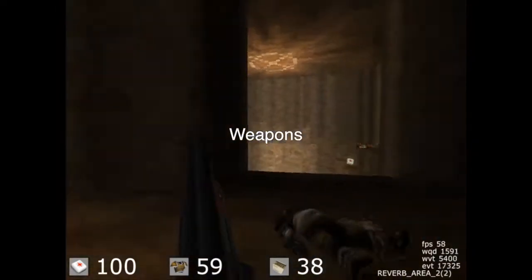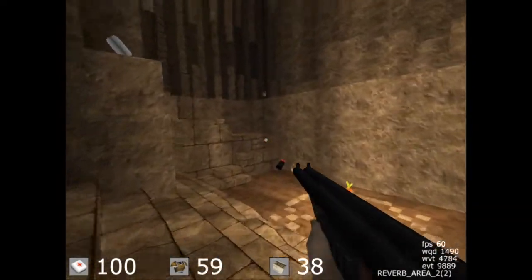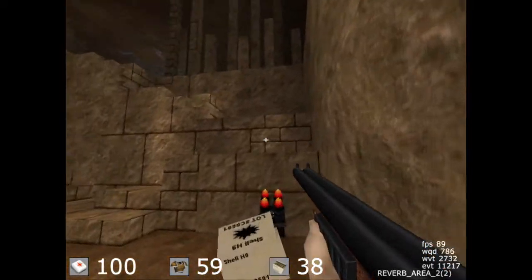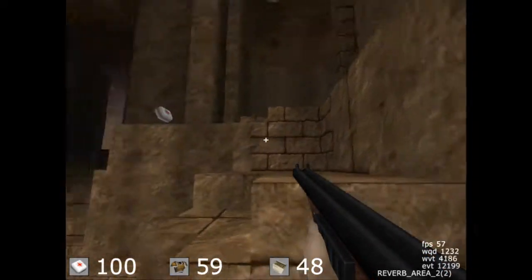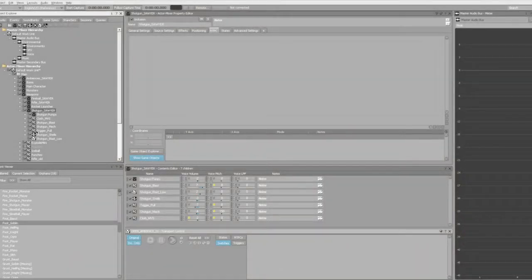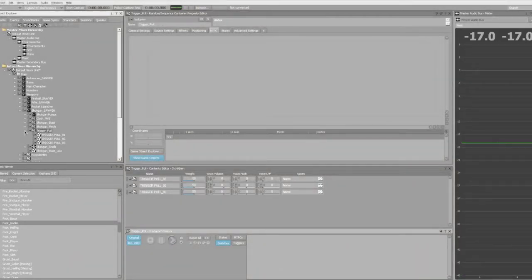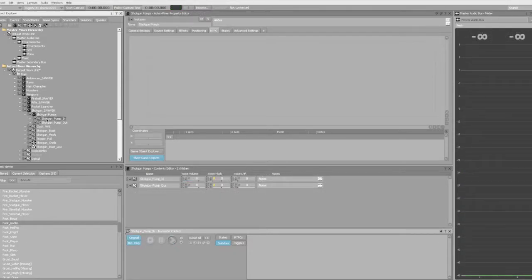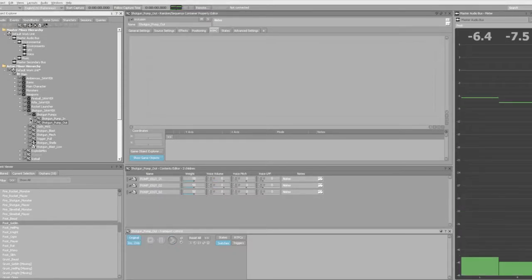Using the shotgun as an example, I will break down some of the implementation techniques I used. I designed several layers to be combined in Wwise every time the shotgun is fired. The layers were split up as trigger pull, fire mechanics, pump in, pump out, shotgun blast,